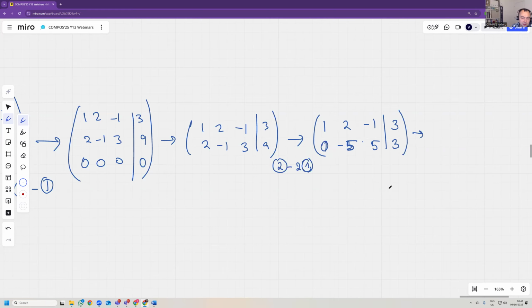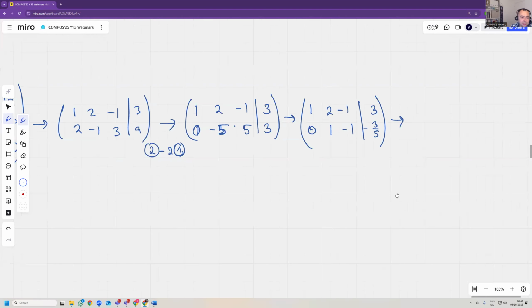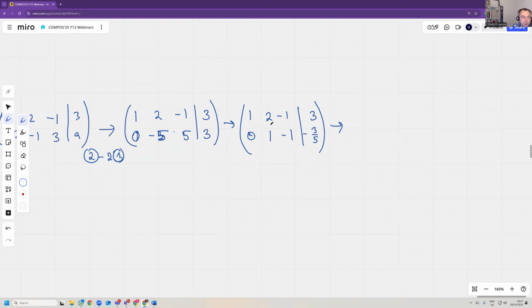And then we divide the second row by minus 5, so we get 0, 1, minus 1, minus 3/5, and we get 1, 2, minus 1, 3. And now we subtract the second row twice from the first one. So we get